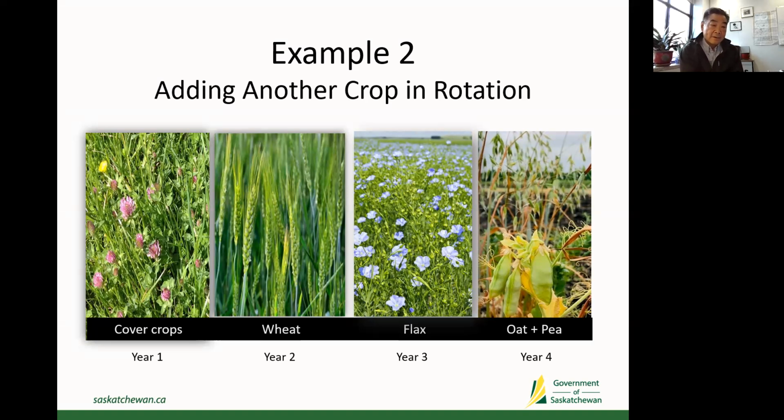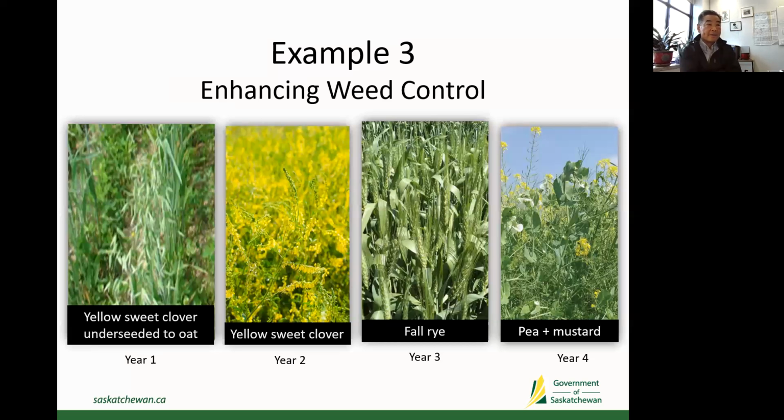And then in year 4, you actually insert another cash crop before you return back to the cover crop. So you could grow oats and pea in the fourth year, and then you basically extend your cash crop years, adding another cash crop year in your rotation. So which really helps you economically. And the last example will be